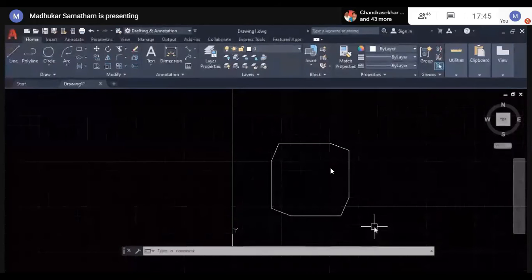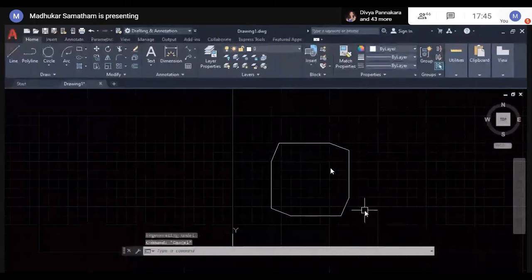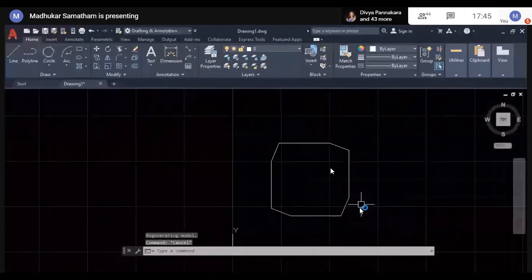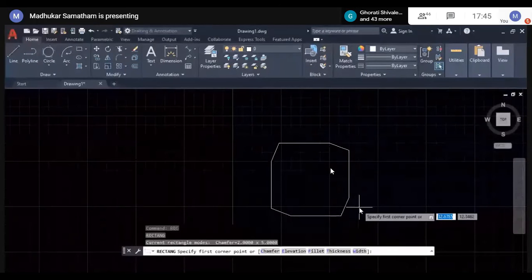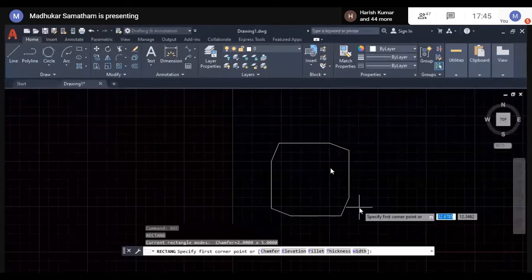We will go for fillet rectangle. If you don't remove the chamfer distances, by default it will take those x-axis, y-axis chamfer distances every time. So better to remove. Type C, make it 0.